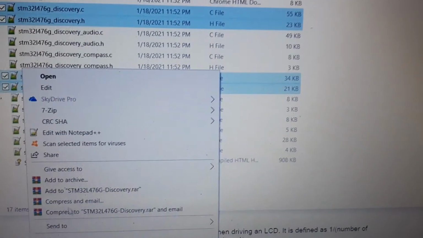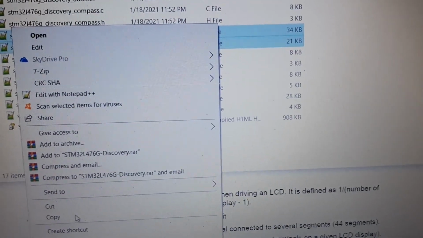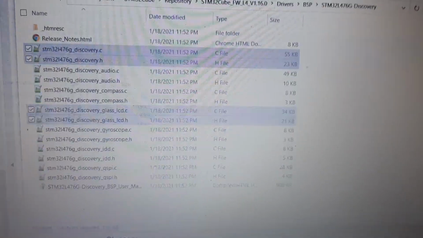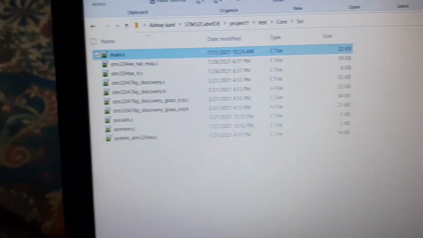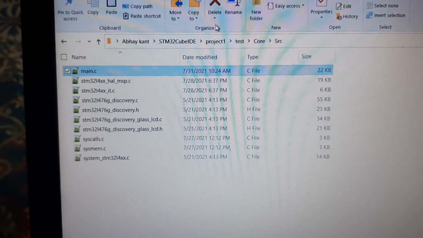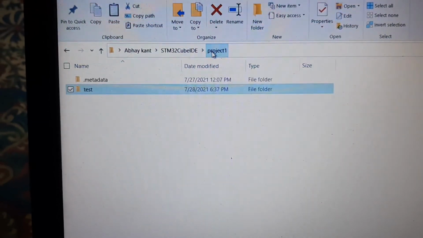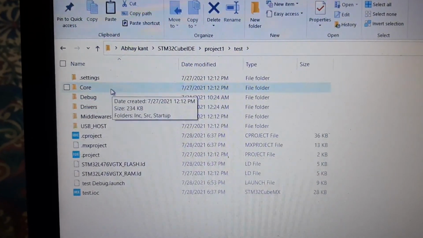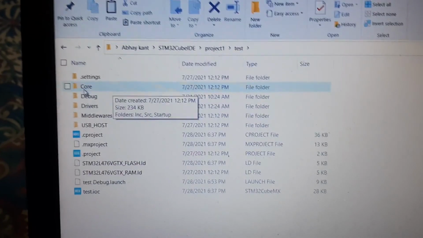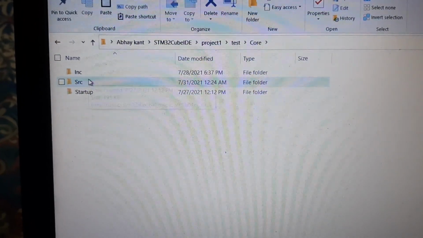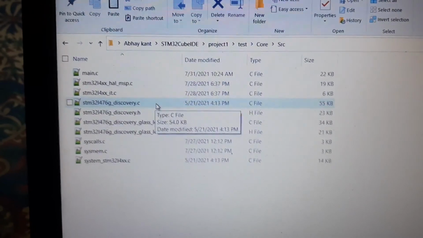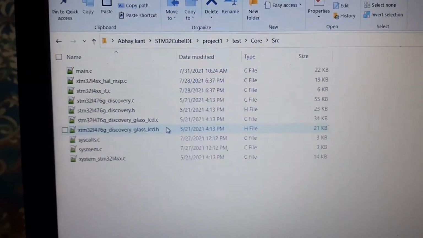Copy these, and then open your project folder. In your project folder you go into Core, then Src, and paste these files. So they will look like this.